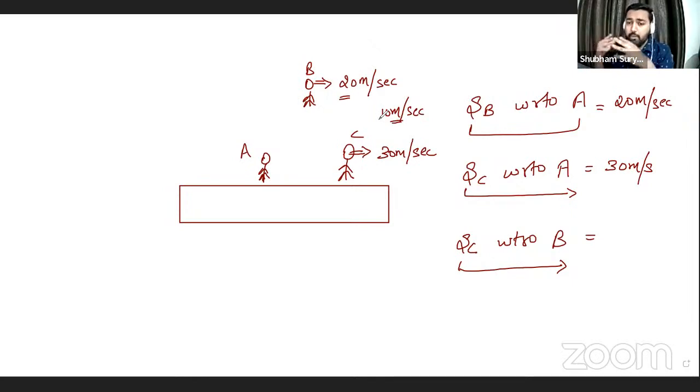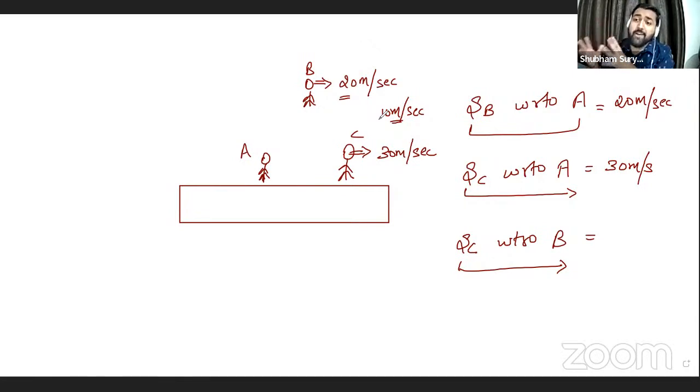Let's say you are moving in a vehicle, yeah, you are driving a vehicle at the speed of 60 kilometers per hour, and another vehicle overtakes you. Okay, definitely the vehicle that is overtaking you should be moving at more speed. So let's say that vehicle is moving at 70 kilometers per hour. Okay, the vehicle